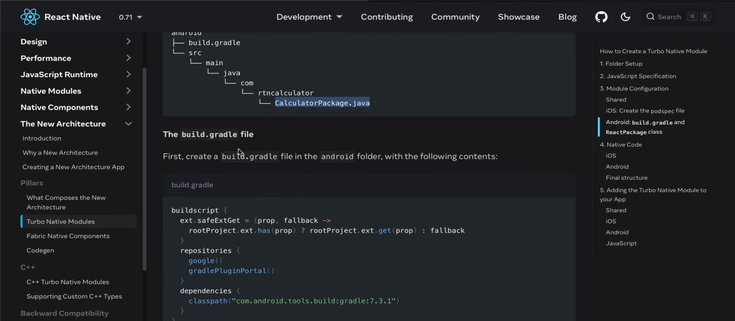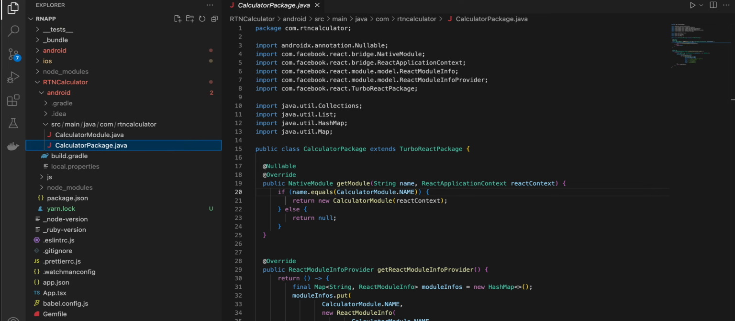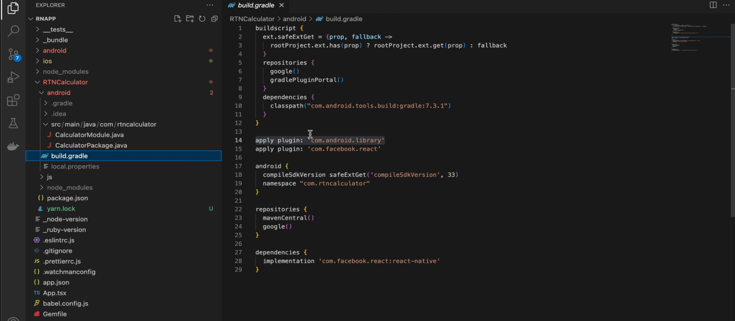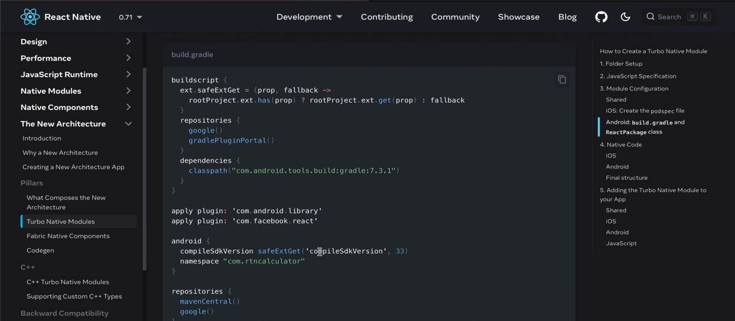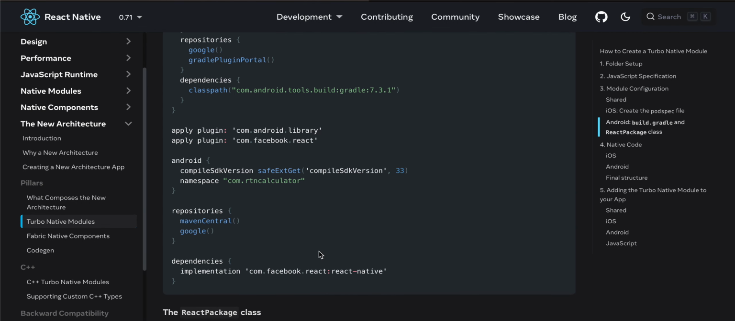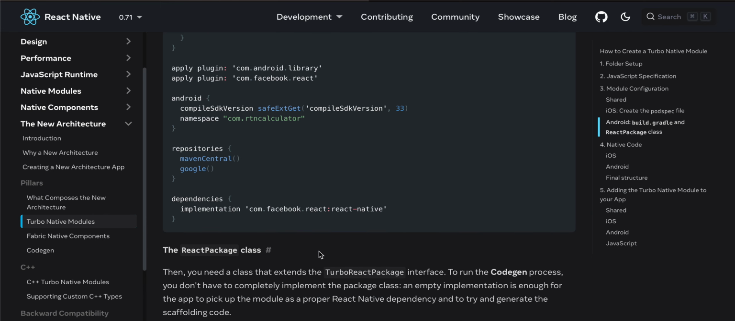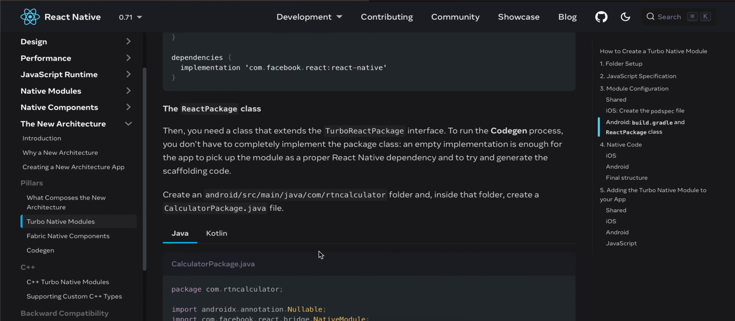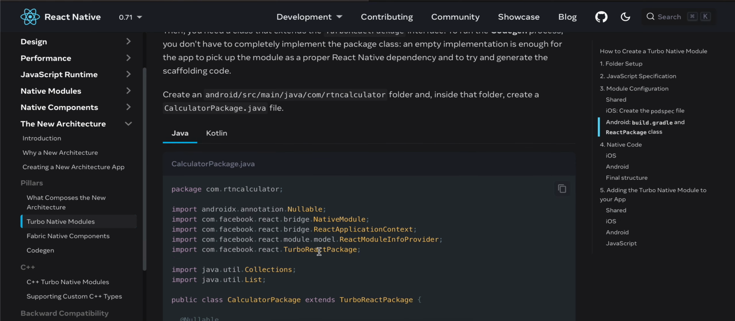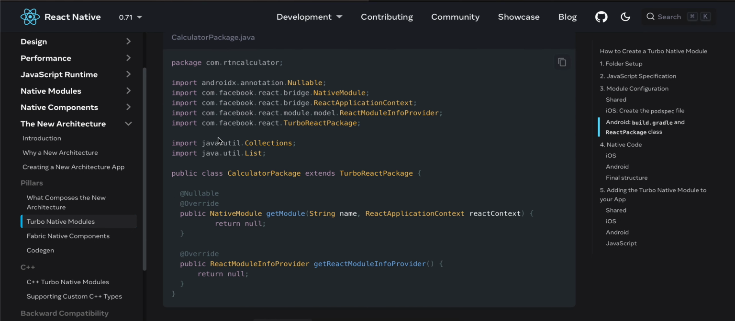Then you have to create build.gradle, which I have already showed you, and I have just copy pasted all the code. So yeah, you can see over here I have just copy pasted all the code. Just make sure you are writing the right namespace. So it should be rtn calculator. Everything else remains the same for whatever module you are trying to make or create. Then inside calculator.package,